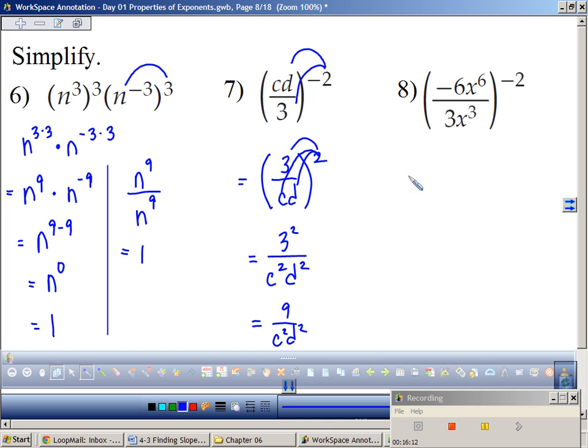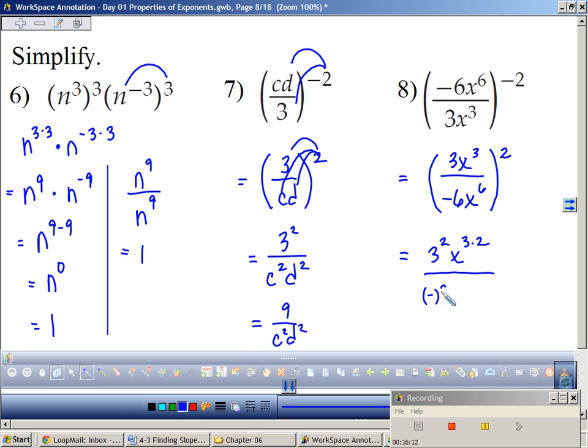So I'm going to right away take the inverse of what's inside of these parentheses and say I have 3x cubed over -6x to the 6th is now raised to the +2. Now I'm going to apply that 2 to everybody inside of the parentheses. So I've got 3 squared, x cubed 2 times. I've got a -2 times, which just makes it a positive. We should probably put that just in case. And a 6 squared, and x to the 6th 2 times,